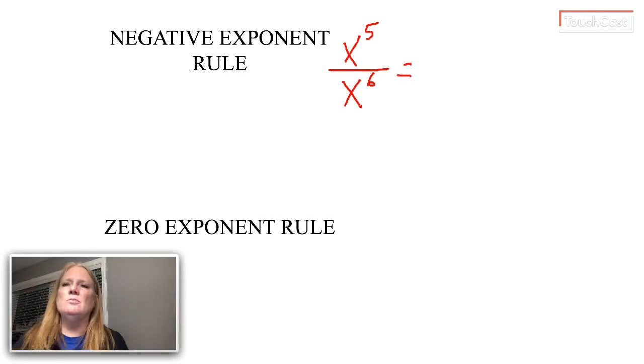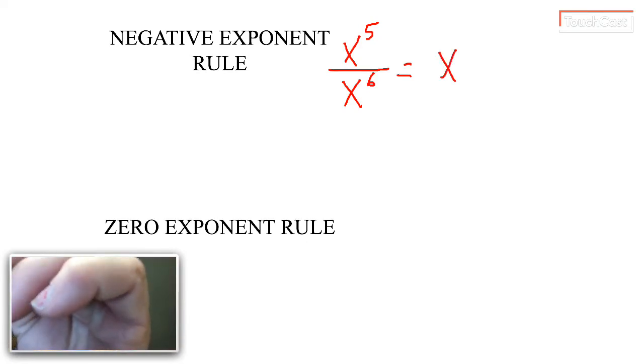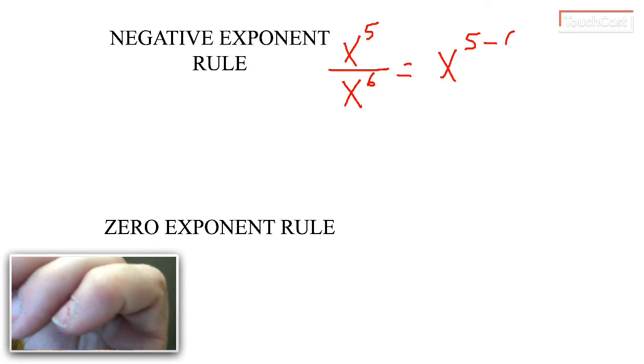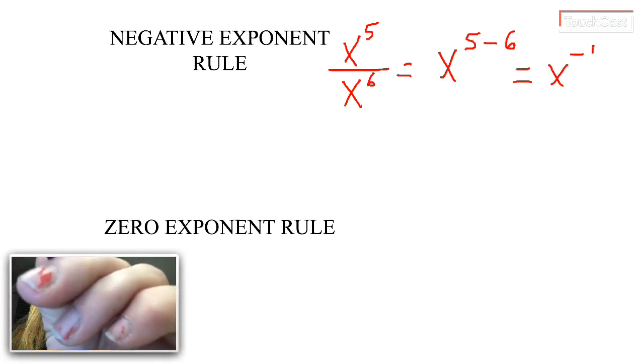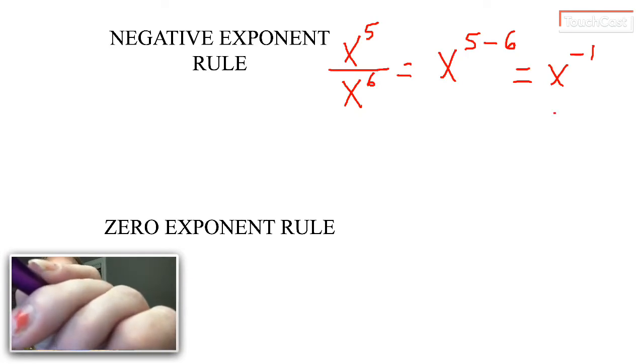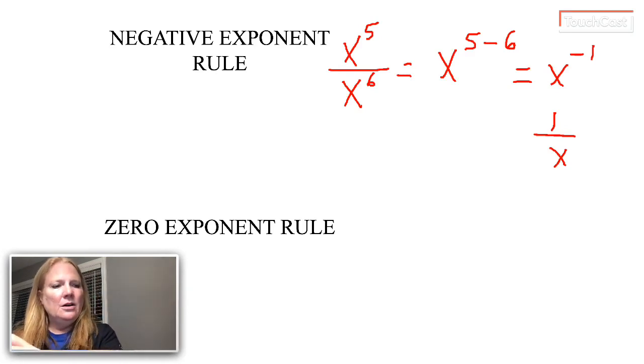Usually most people want to start in the numerator, so just say x to the 5 minus 6, and that's correct. That becomes x to the negative 1, and so then you have to rewrite it as 1 over x. Okay, there's one example. What if we have something like 4